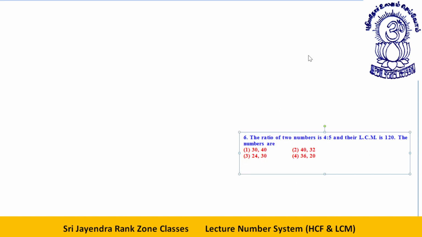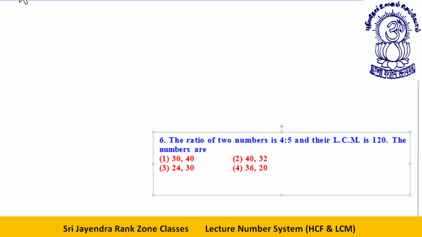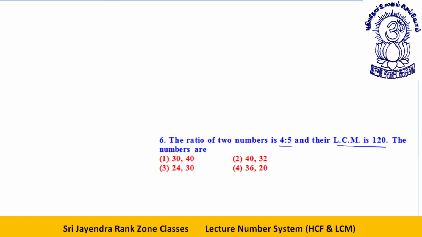Now we have a different type of question. The ratio of two numbers is 4 is to 5 and their LCM is 120. The numbers are? Okay, A is to B is 4 is to 5, or I can say x is equal to 4, y is equal to 5. What is the LCM? LCM is equal to Hxy. Okay, that way L is equal to H, x is 4, y is 5. So 120,